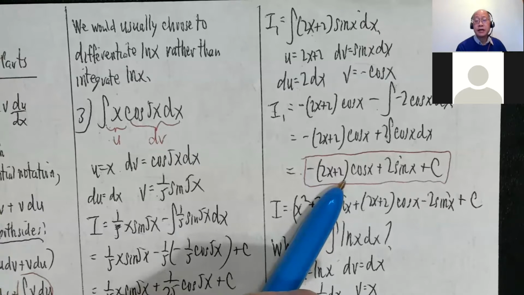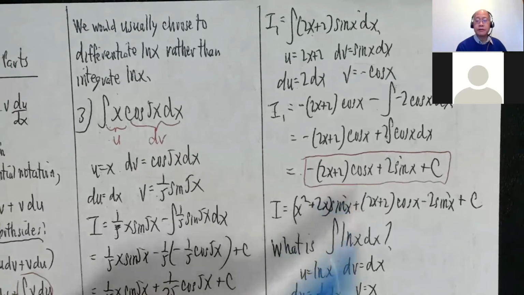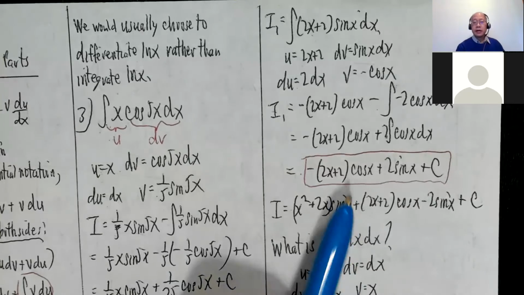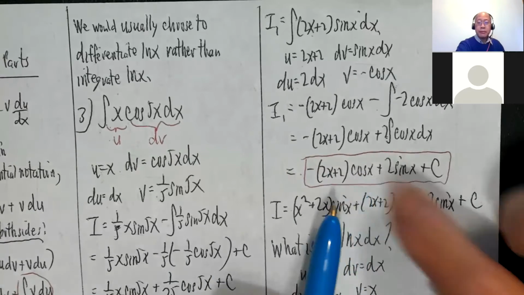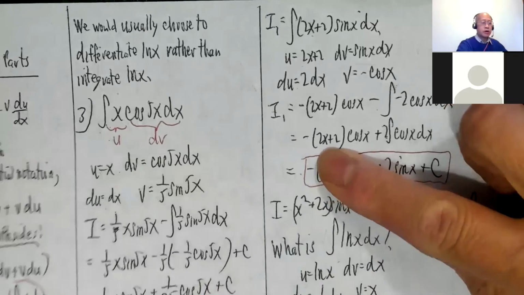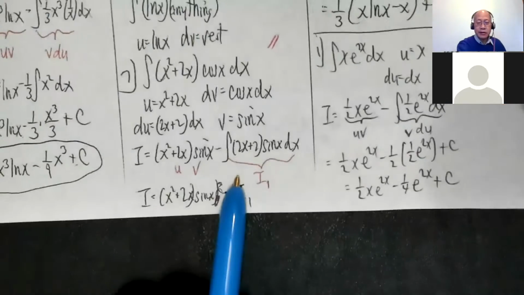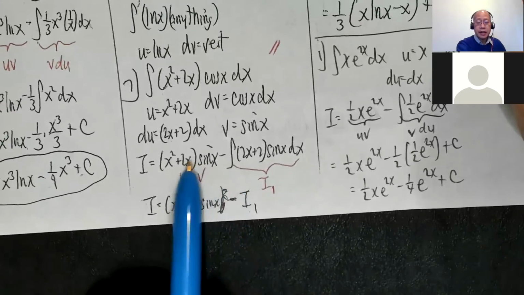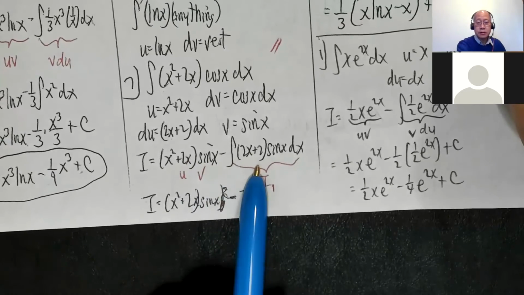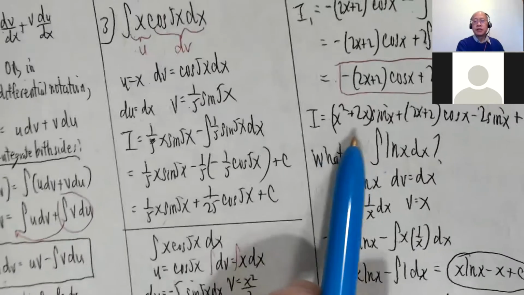Start off with a cubic, let's say. So a cubic, third degree, integrate by parts once, brings you to second degree, do it again, brings you down to the first degree, and then do it again, you finally got what you want. So all of this is I1. Now you pick up all of this stuff, which represents I1, and you bring it back here. Again, you computer science people know this concept, right? It's like I have to stop and figure this out, do a subroutine, a subprogram to figure this out, and then go back and